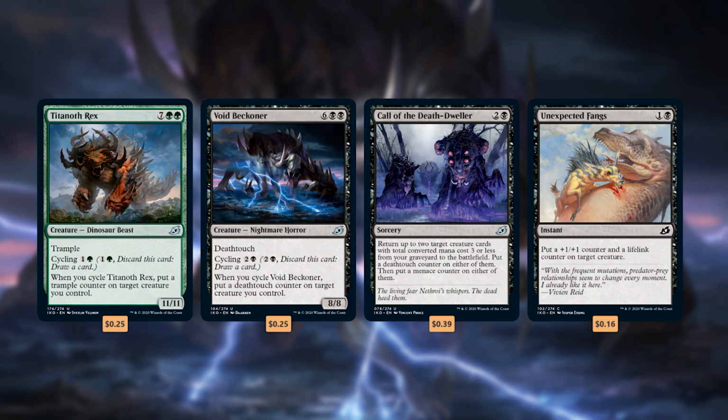Next are the new keyword counters that give Skullbriar some much needed punch when it attacks. Titanoth Rex and Void Beckoner can be cycled to give Skullbriar permanent trample and deathtouch, and later on we can just reanimate them to add extra huge beaters onto the battlefield. Call of the Death Dweller brings Skullbriar back from the grave with deathtouch and menace, great for getting through blockers. I'm also a fan of Unexpected Fangs in this deck too, since for some reason people don't like it when we attack them with Skullbriar and end up attacking us back,